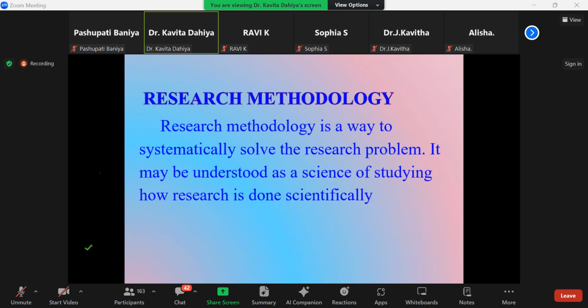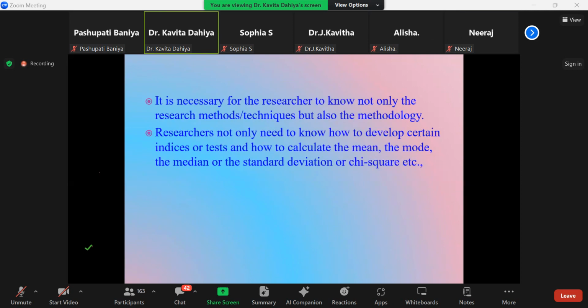Research methodology is a way to systematically solve the research problem. It may be understood as the science of studying how research is done scientifically. It represents what exactly the sample is and what exactly the sample selection is. What is the difference between sample size selection and sample size determination? Because there is a big segment of researchers who are not aware of how to determine the sample size